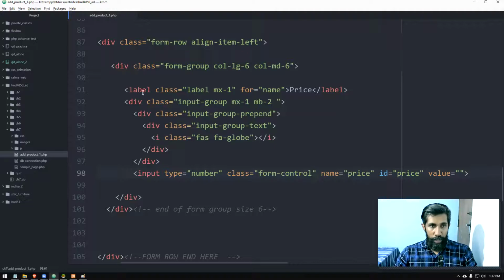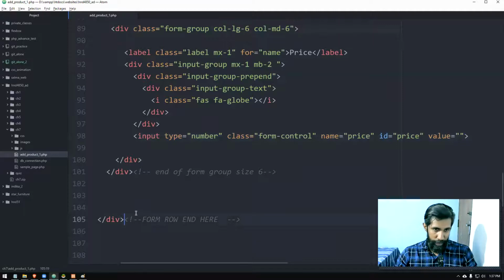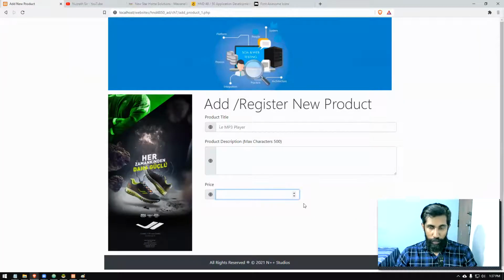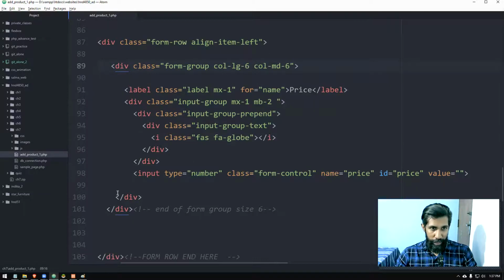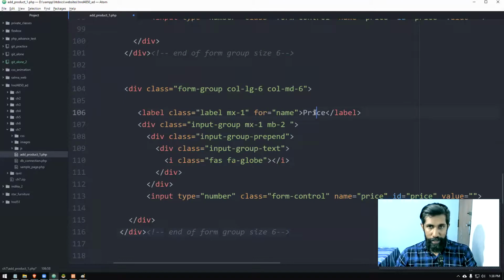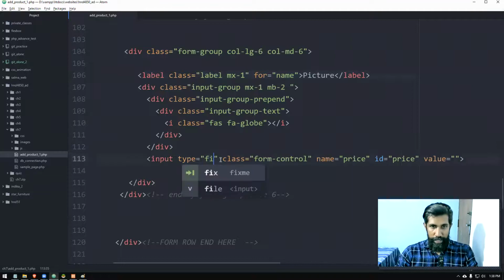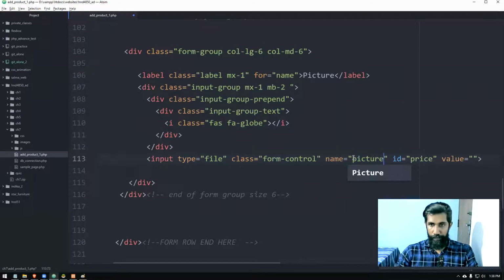Okay. Now after this, but before this, because we are in one row, I'm going to put one more component here. So I'm going to copy this piece. See, div form-group column LG6 part. So you can see when I click that one, below here it is showing in blue. I'm going to have a copy here. Then I'm going to have some space and I'm going to again paste it. And this time I'm going to change it to picture. Input type, I will change it to file. Again, form-control, name, picture,